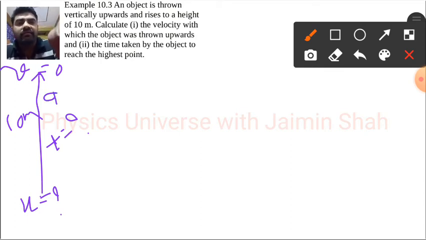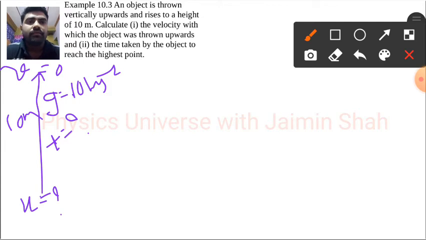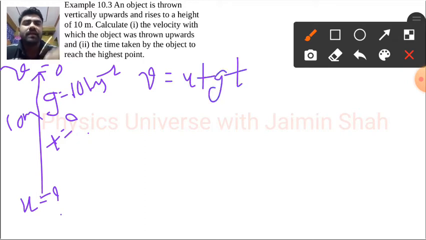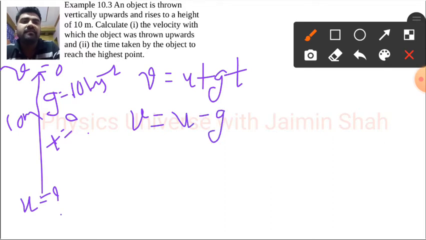See, the gravitational acceleration will always be 10, so g is equal to 10 meter second inverse. So we can apply the first equation of motion, which is v is equal to u plus gt. Now, the object we are throwing upward is in motion in the upward direction and acceleration is in the downward direction, so we have to put v is equal to u minus gt, because the motion and gravitational acceleration are opposite to each other.